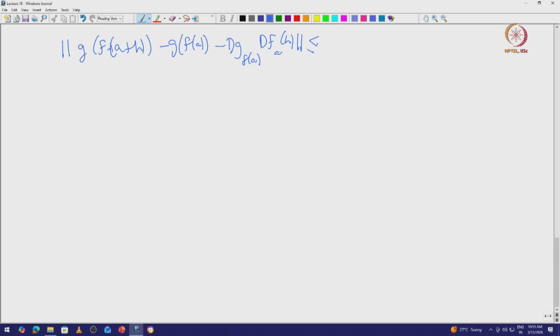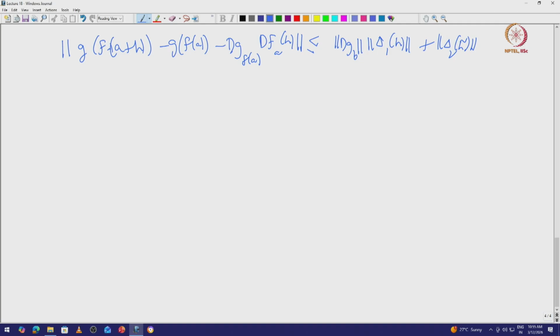This dg times delta 1 plus delta 2 of h tilde. Right. Okay, now that's fine, but what is delta 2 of h tilde, right? How can we